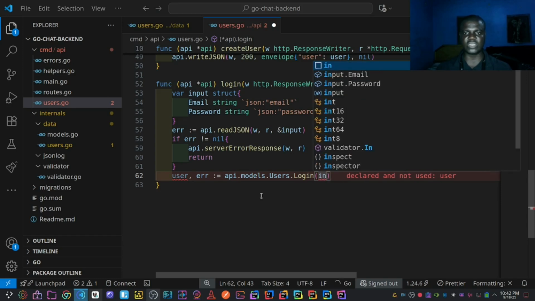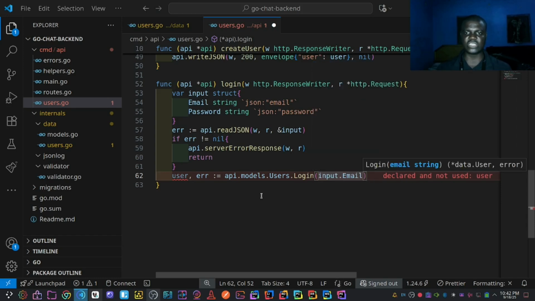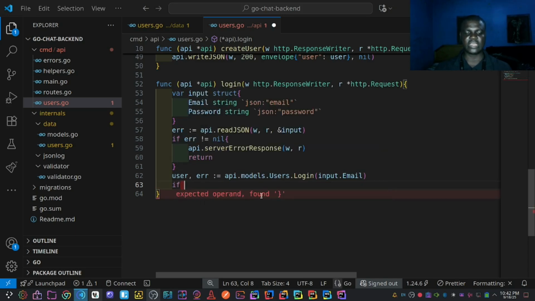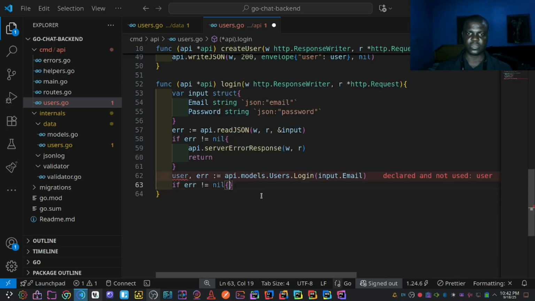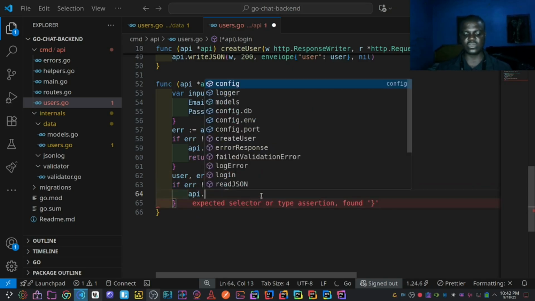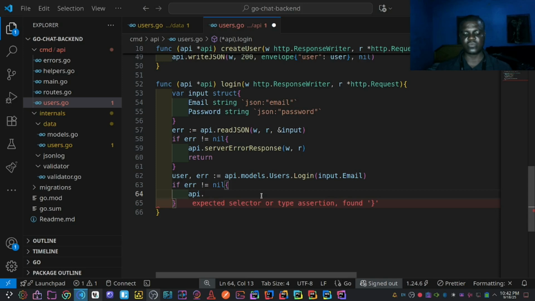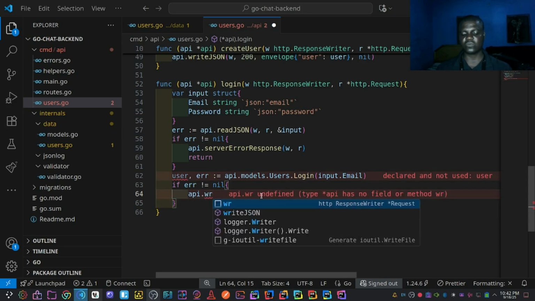So that is going to be the input.email like this. And if there is any error, it means the email doesn't exist. And here we are going to use the api and use the response, the write JSON format over here,